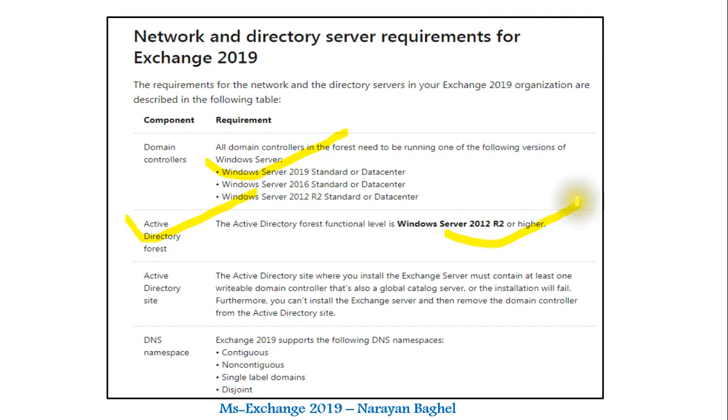If you are using Server 2019, keep it 2016. If you are using 2016, keep it 2012. An Active Directory site is required, and the DNS namespace, contiguous and non-contiguous names, single label, are supported.